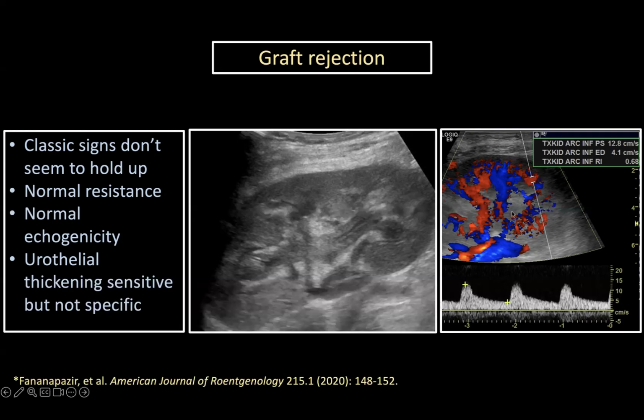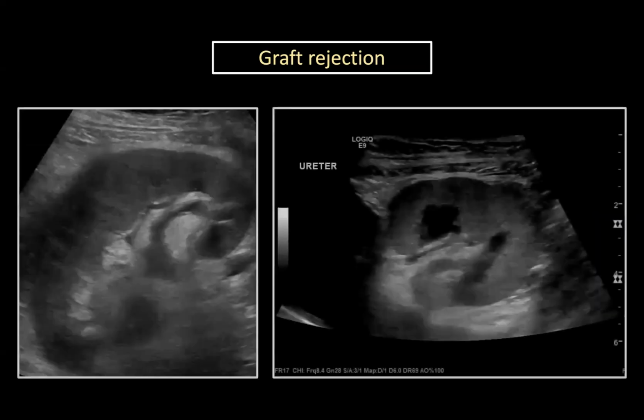The perfusion looked pretty similar. The graft size looked pretty similar. But the one thing that we did notice that was quite different is there's urothelial thickening. And you can see this urothelium here is markedly thickened. We found this to be a very sensitive finding for rejection, but not a very specific one. There are other entities that can cause urothelial thickening. But if you see that, it's one of those things that's useful to raise the question of whether this patient